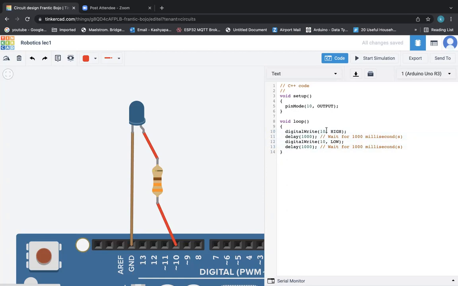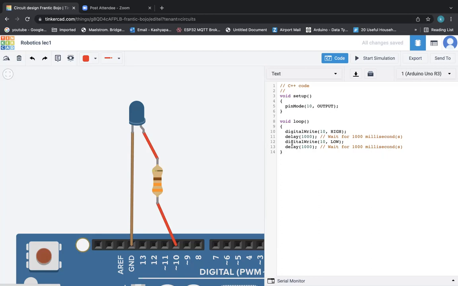So first of all, digital write to pin number 10, you make it high, which means provide 5 volts. High means 5 volts, low means 0 volts, right? So you provide 5 volts here, so the LED starts blinking, and then wait for 1 second.